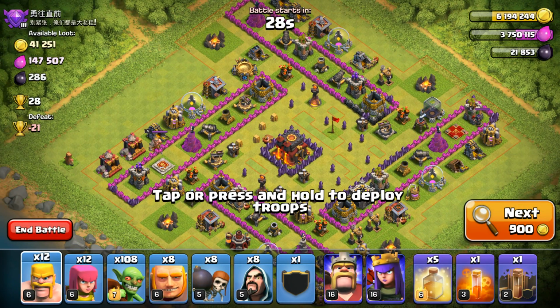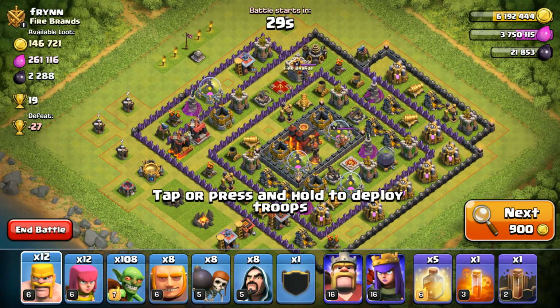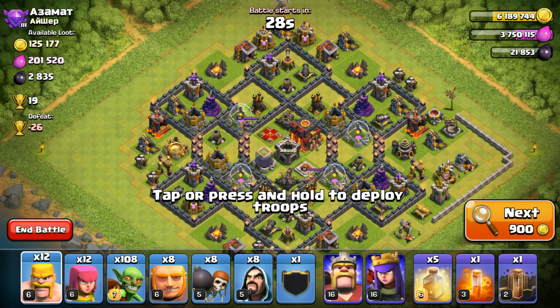Now this is the part that requires some patience. Search around for a good target with lots of loot. A good attack for me ends up with about 200,000 gold and elixir and about 2,000 dark elixir. So I want to find a base with plenty of resources that are going to be fairly easy to get to, because my army is fairly weak. But the best thing about it is it's quick to build and it's cheap. So I don't have to wait too long for it to build, and it doesn't eat up the resources that I win from